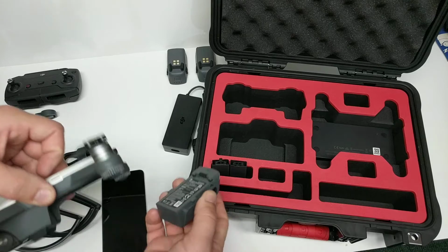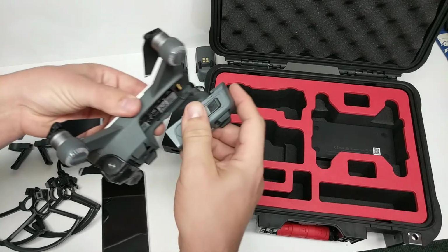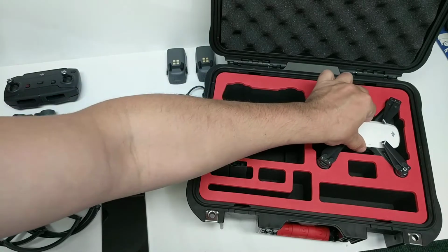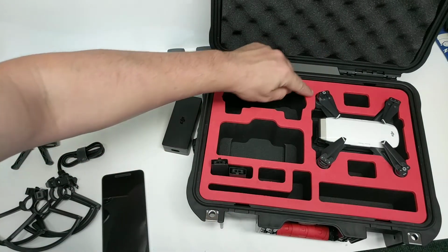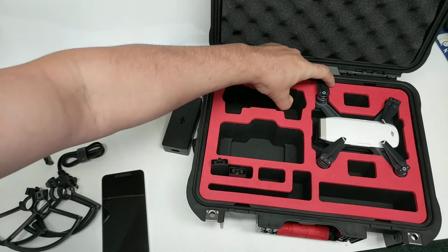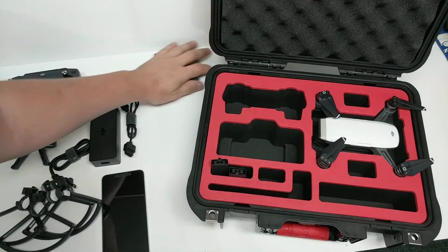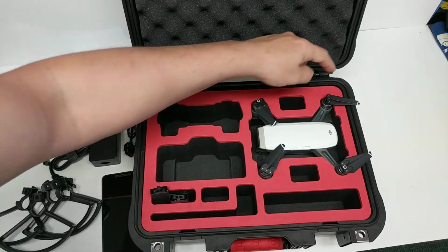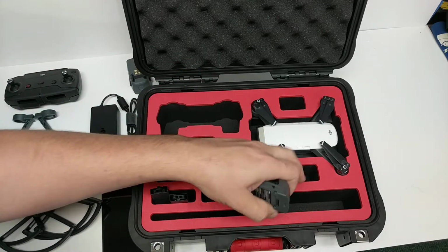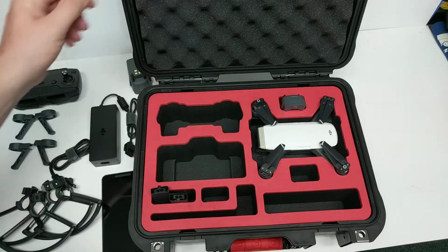I should also point out that I have 3 batteries. I bought 1 extra. There's only 2 slots for batteries. We're going to take 1 battery, put them in, and it's going to set right on top, just like this. The props don't sit down below the surface, so you need to make sure that when you close the case, nothing is sticking out, either on that side or either of these 2. Bring this in a little closer here. So just fold them in, make sure they're like this. These are totally square, so it doesn't matter which direction you put the batteries. I'm going to put mine like this